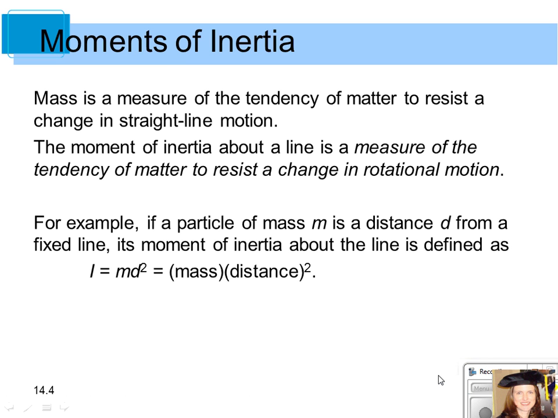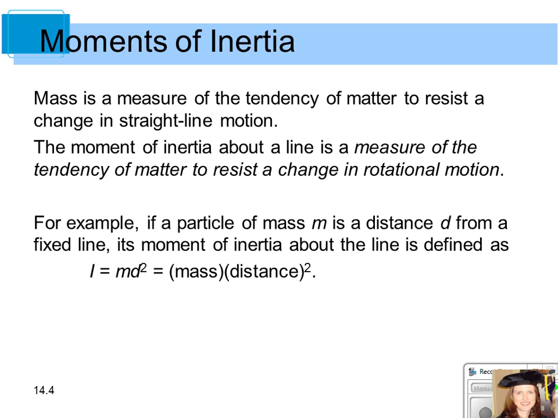In section 14.4, we've already talked about mass and center of mass, including the moments with respect to the x and y axis. Now we're going to be looking at moments of inertia. Mass is a measure of the tendency of matter to resist a change in a straight line motion. The moment of inertia about a line is a measure of the tendency of matter to resist a change